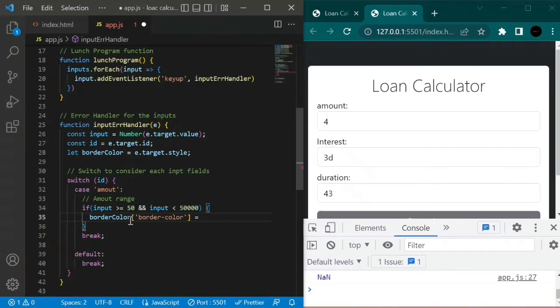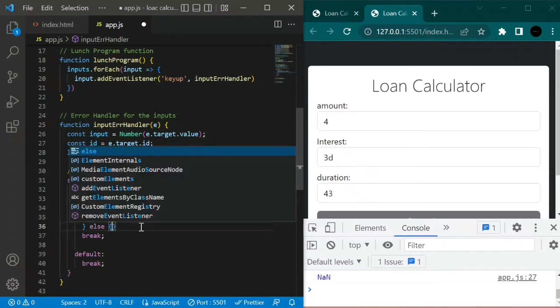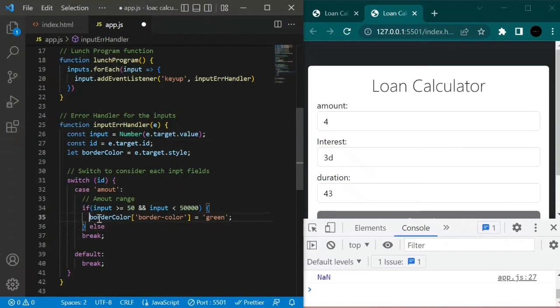You can also write it this way by using the dot principle. Say border color, just like that. I will set that equal to the color green, and you'll see how this will help us later. And also we want to write an else statement. If not, we want this border property, copy, to be red,